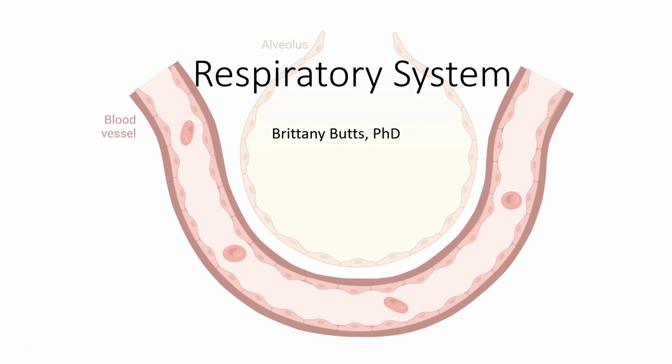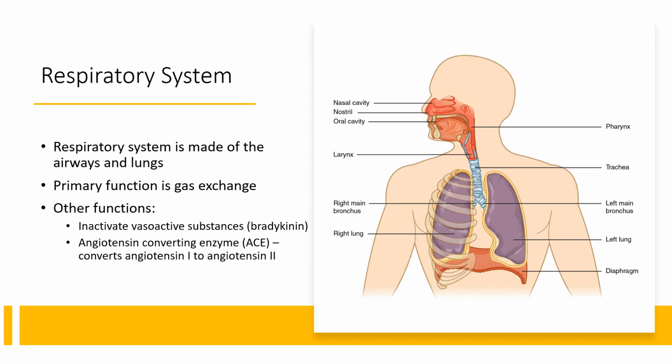In this video, we will have a brief overview of the structure and function of the respiratory system. Our respiratory system is made of the airways and the lungs. The primary function of the respiratory system is gas exchange. This is where our body brings in oxygen needed for aerobic metabolism and gets rid of carbon dioxide, which is